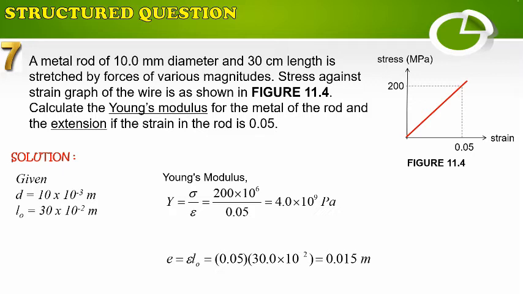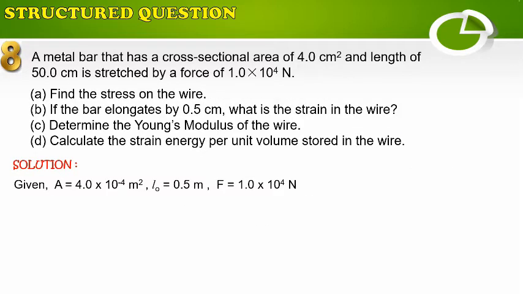When we substitute, we get the Young modulus, which is equal to 4 times 10 power of 9 Pascal. For the extension, if the strain in the rod is 0.05, we use the strain equation, we substitute the value, and we get the extension, which is equal to 0.015 meter. For question number 8, a metal bar that has a cross-section area of 4 cm square and length